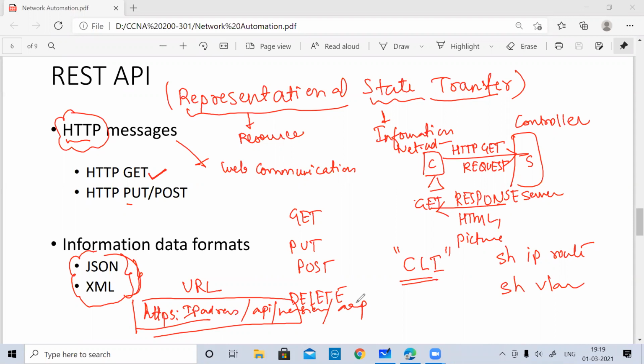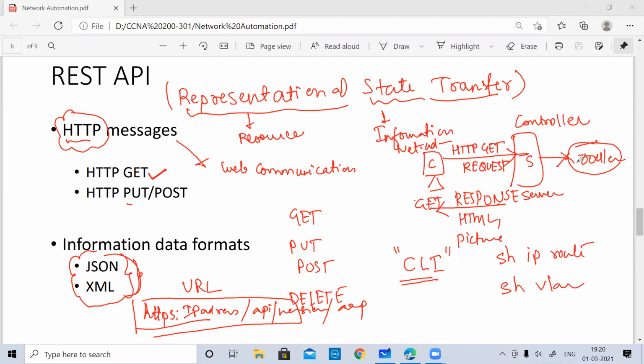Because when we say objects here, we are going to get information about so and so objects. And objects are simply like your interface. When the servers are talking to your routers or to the switches, they may have to ask to get the status of the interface, what is the status of my router interface, whether it is up or whether it is down. This kind of information has to be represented. The request will go in the form of a URL.